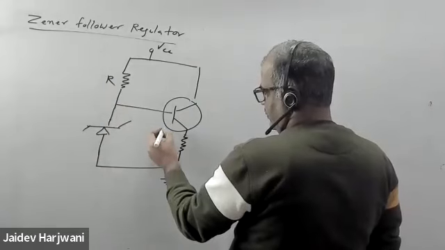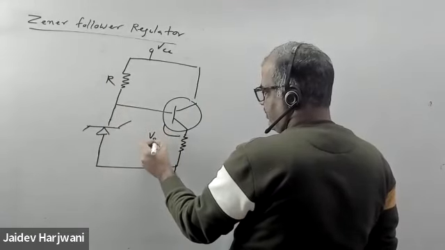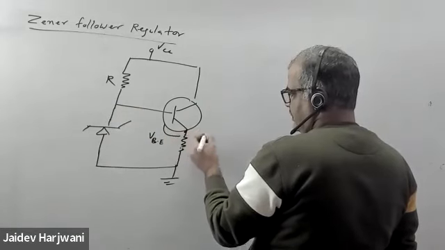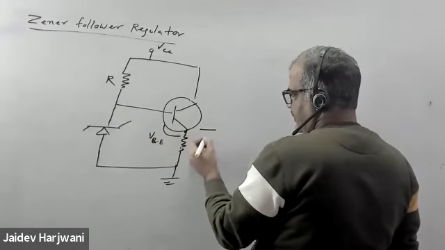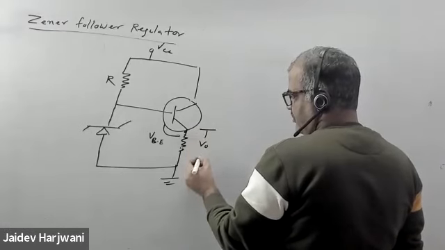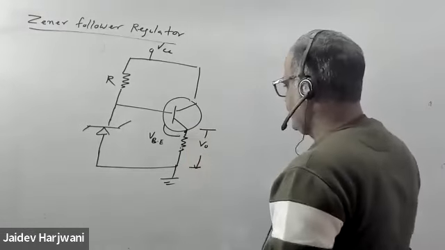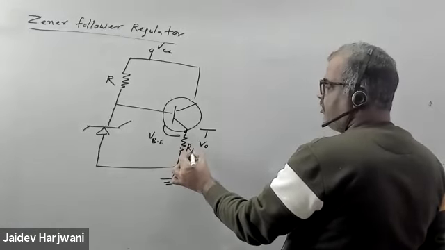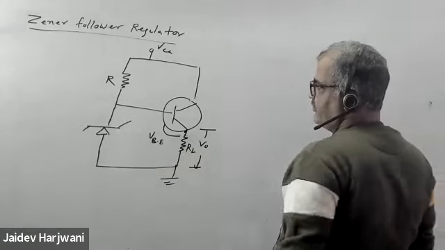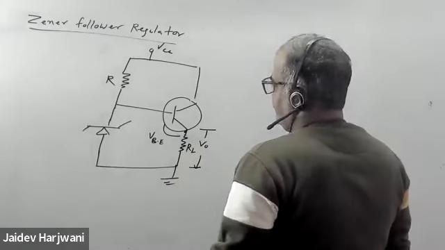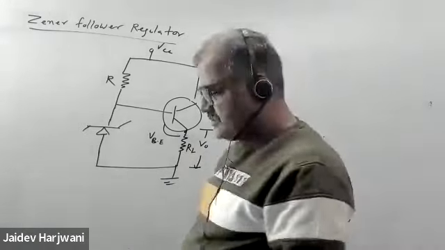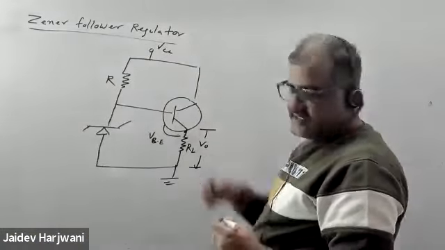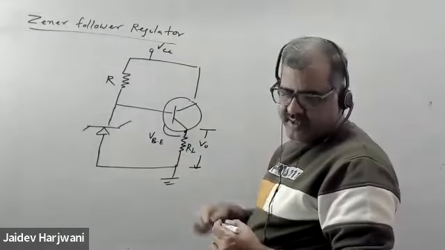Here you have the voltage drop VBE. And if I take the voltage here at the emitter, I call this voltage V naught. This resistance becomes for me the load resistance RL or RE, whatever you want to write. And now from here you can see that if this voltage is sufficient to make this diode turn on,